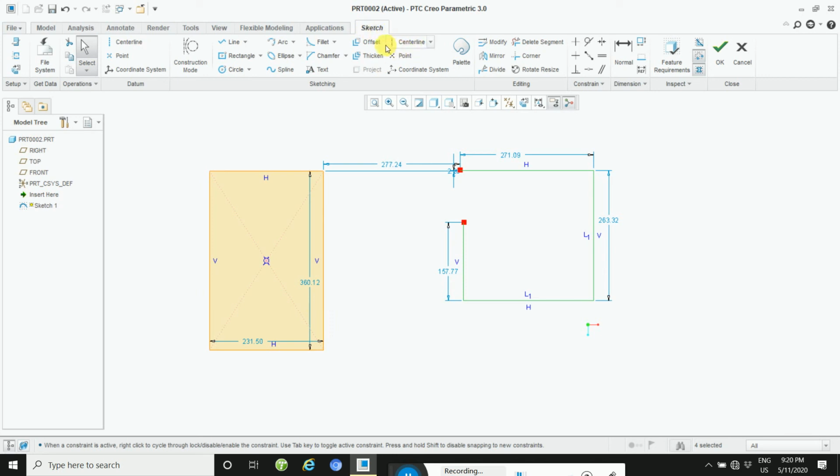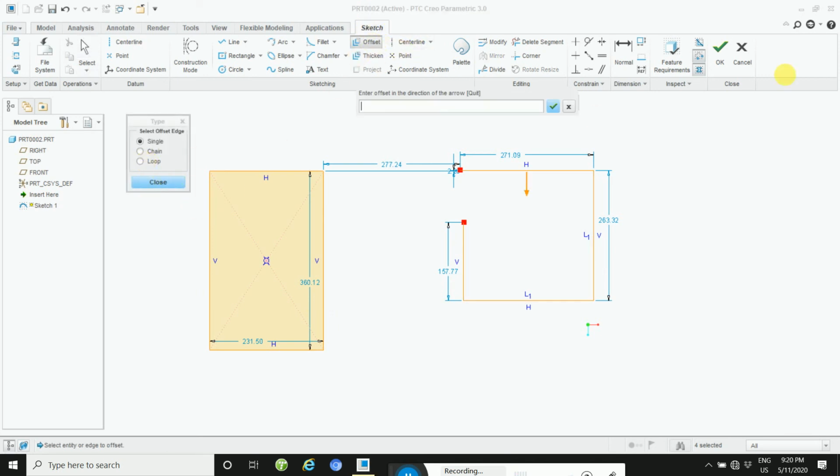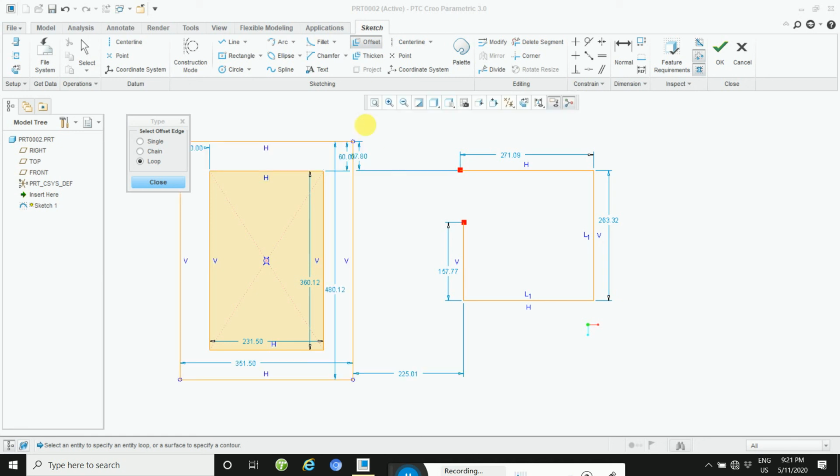If you apply the offset, you need to first select this loop and then apply. This arrow direction shows the positive value. So apply 60.